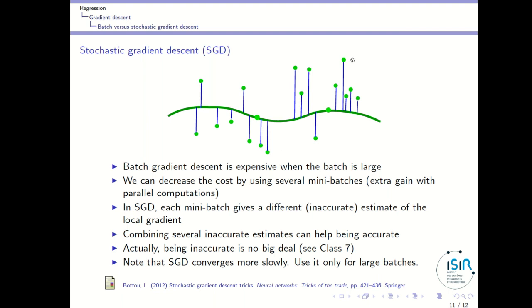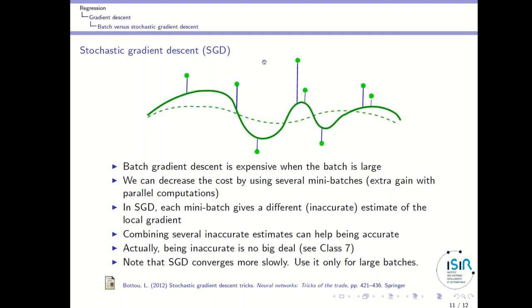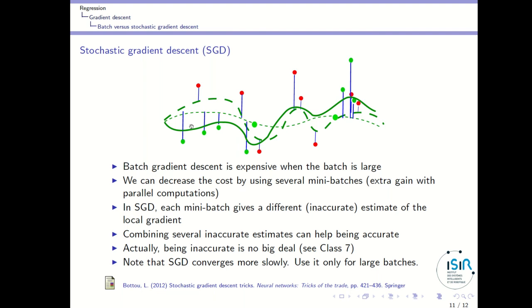So how does it work in practice? Instead of taking all these data points immediately, I just take a few of them, and then I perform one iteration over my model so as to go closer to these points. Then I take a second batch, so the first batch of data points will be in red now, and then I take a second mini batch that you can see here. This was my previous model, and I'm now improving it again and again until I have a satisfactory model for my data points. In general, I will stop when I'm starting to get some overfitting. This will be explained in the next class.